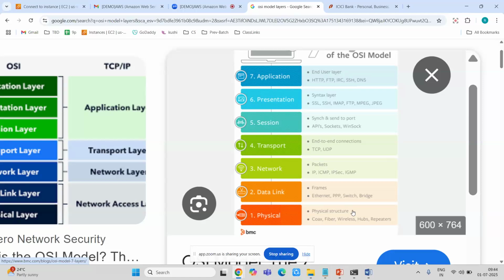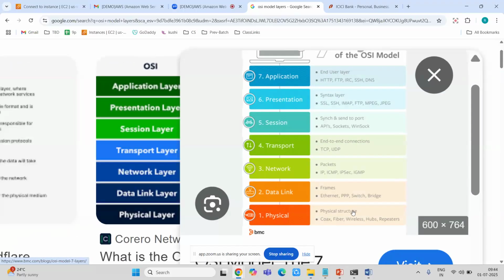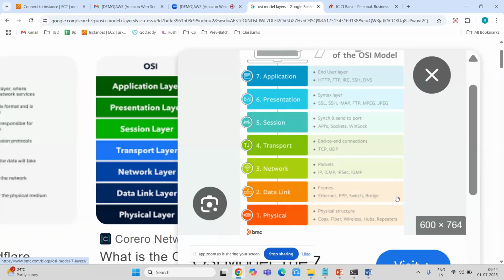That is the physical structure. What is the data link layer? In that layer, it will use a bridge to establish the connection, bridges or switches or ethernet.